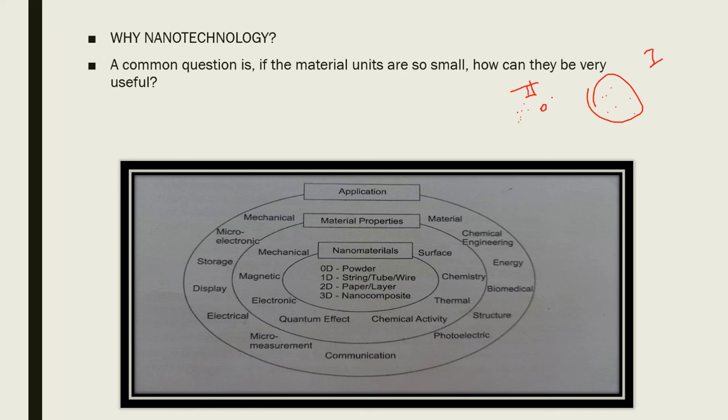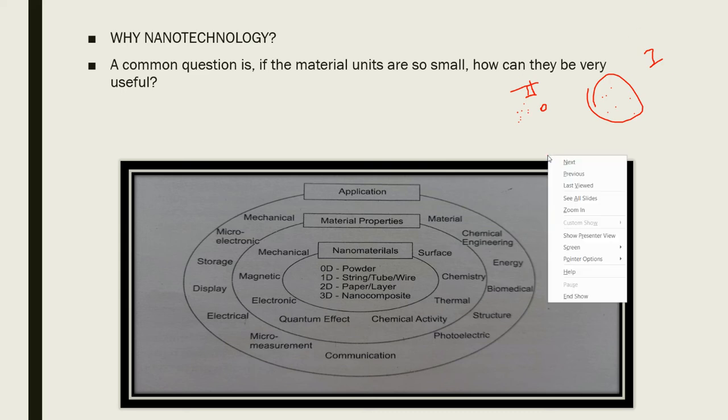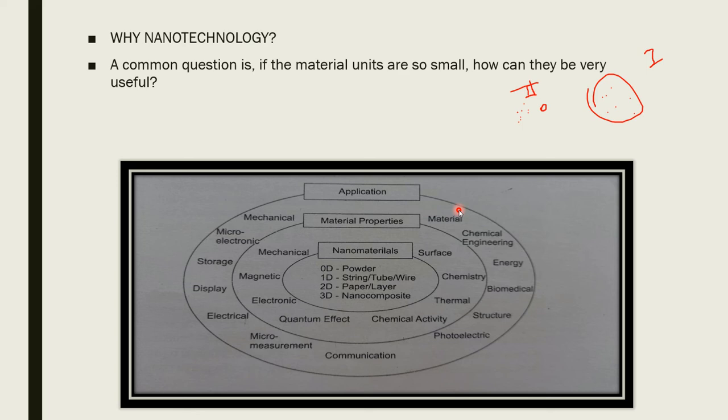Both of these kinds of development could affect nearly every industrial sector in the future. So here are some applications being observed, showing why nanotechnology is gaining so much interest from people. Various scientists are focusing on nanotechnology because it can affect all areas. These small units can be used in various ways, like adding them to building material to increase its performance.